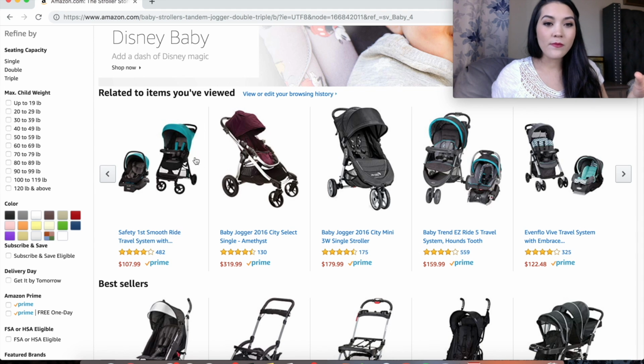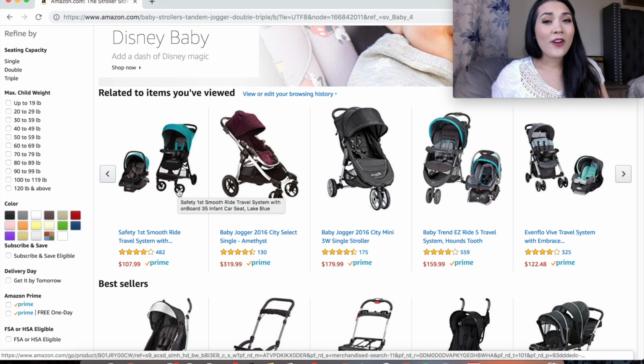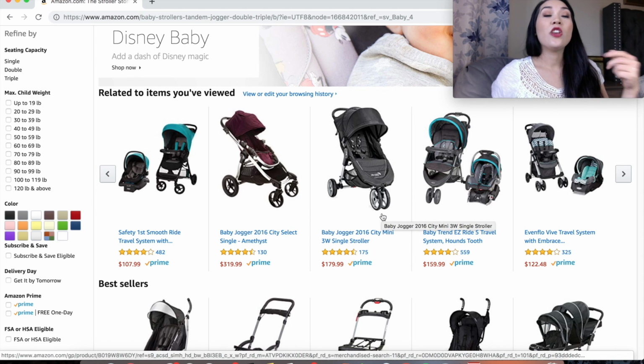I haven't specifically used this one or tested this one out, so no shade to it, but look at these tiny little wheels. I'm originally from Minnesota. We can get a lot of snow. These tiny little wheels are not going to go through a parking lot when it's just freshly snowed. You're going to be struggling to push your stroller. It's going to be at risk of tipping over. If you live in an area with inclement weather, you're going to need a stroller that has some bigger, heavier duty wheels to make sure that no matter the conditions, you can push your baby safely to whatever destination you're